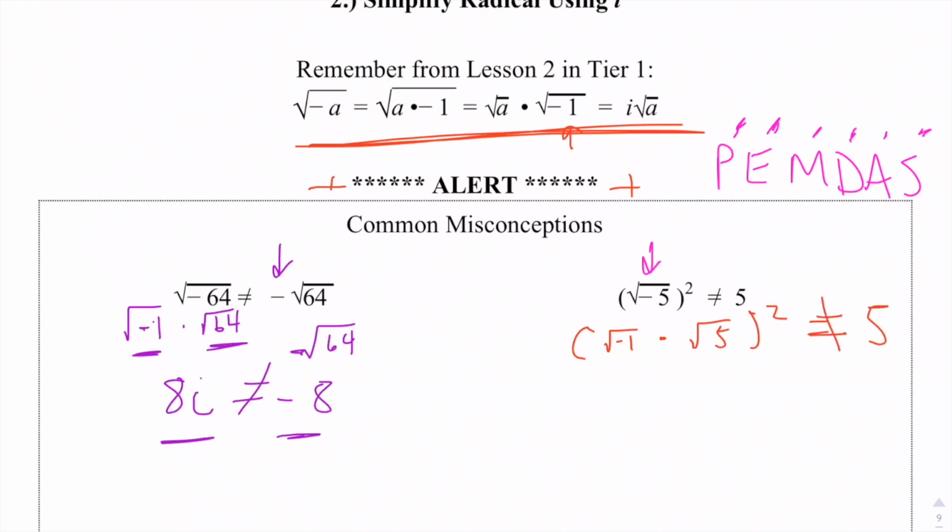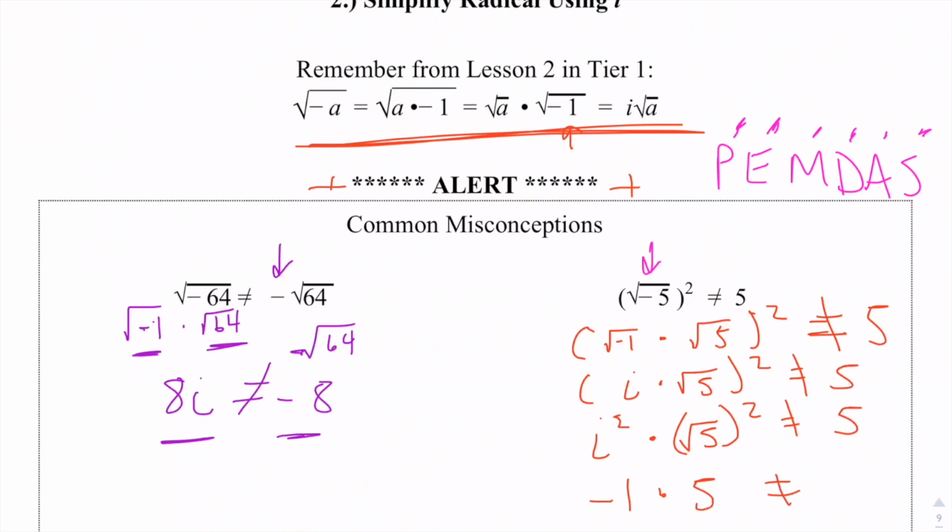Simplify the inside of the parentheses to be i times the square root of 5, squared. And now we would use exponent rules from Algebra 1, and we would apply this square to both things in the parentheses. So we would get i squared times the square root of 5 squared. And that would give us -1, because i squared is -1, times 5, which gives us -5,